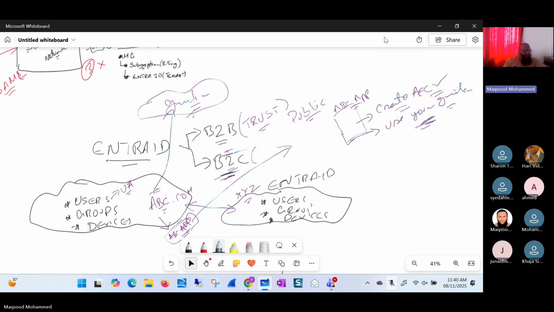Since it's very common, this B2C is a common scenario. I'm sure everyone uses applications when downloading them. If it is an application where you have to register yourself, you have to create an account, or you can use your existing accounts. Maksud bhai, I just have